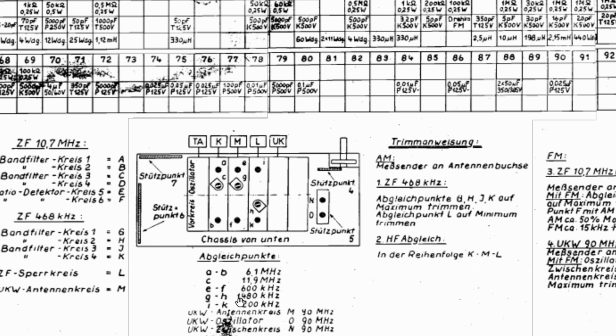So what do they tell us? What you need to do is send a signal into the antenna, because remember, you're now aligning the front end. So you feed the signal into the antenna. It's going to be at the frequency that they stipulate, in this case 6.1 megahertz, and they tell you to align A and B. There is A, there is B, and then they tell you to move it to 11.9